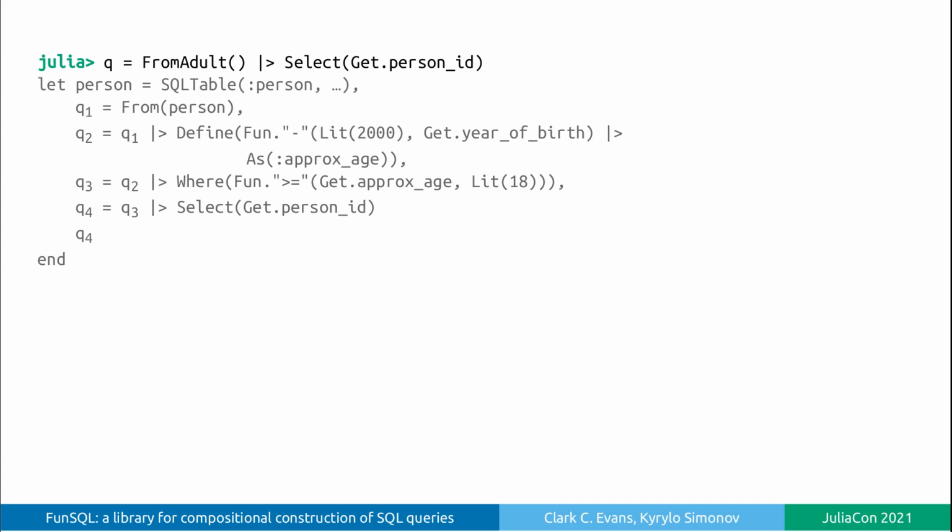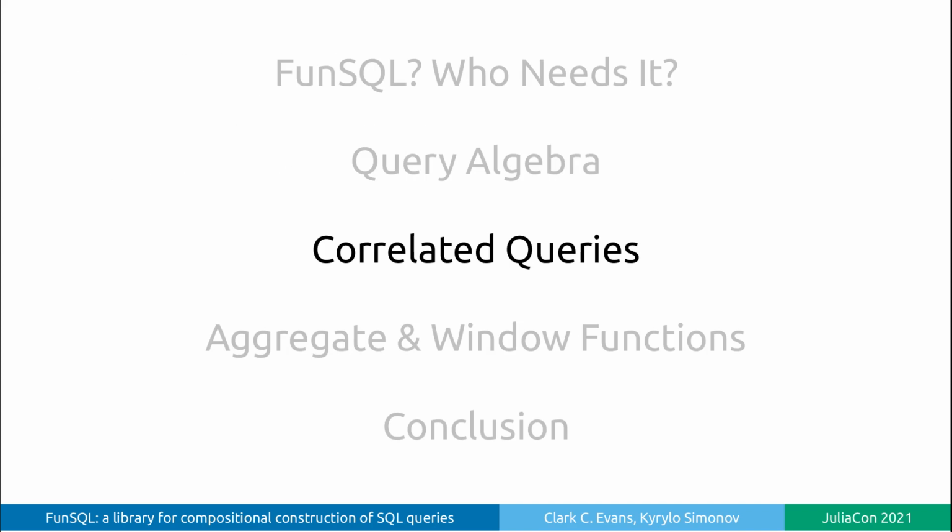In general, a query object can be an arbitrary acyclic graph and therefore cannot be constructed without use of variables. For this reason, FunSQL serializes a query object as a let expression, assigning a variable to each intermediate query node. The same representation is displayed when FunSQL raises any exceptions. This really improves development and debugging experience with FunSQL. We covered the fundamentals of FunSQL. Next, I will talk about correlated subqueries in SQL and FunSQL.